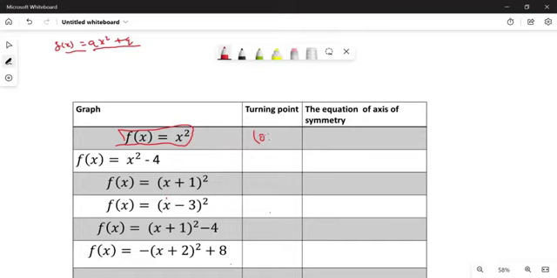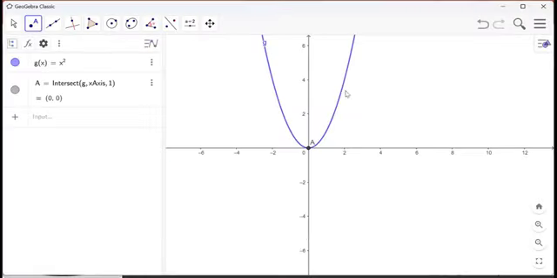So we have the following coordinates: (0; 0). Now, the other thing that we're interested in finding out is the following. What is going to be the equation of the axis of symmetry? Now, the axis of symmetry is the mirror. So we need to have an equal part. So our graph, if it were to be divided into 2 equal parts, what is going to be the equation